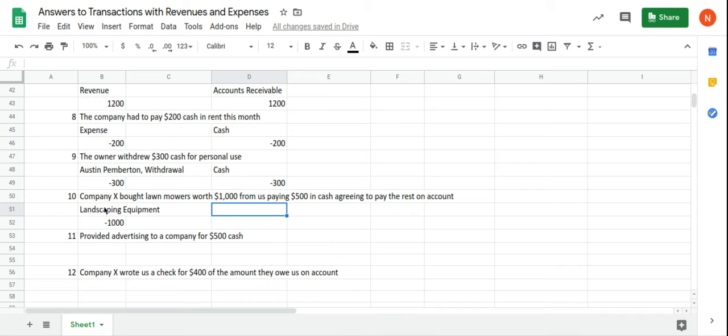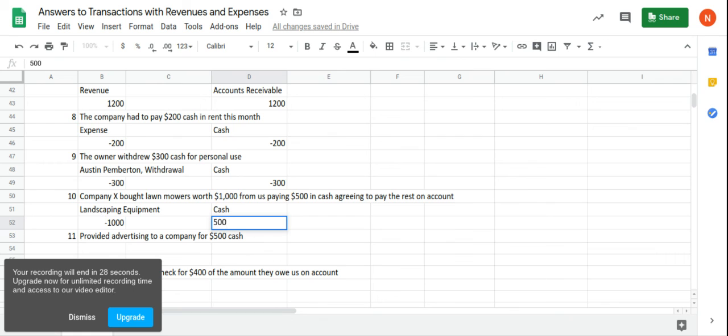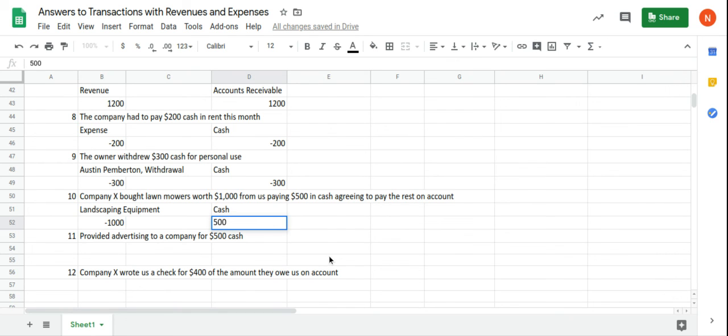Okay, so they paid us $500 in cash. If they paid us $500 in cash, we're receiving cash. We are going to be adding cash. So they agreed to pay the rest on account. So we sold $1,000 worth of landscaping equipment. We have $500 worth of cash that they gave us for it. Now they owe us $500. That's going to be accounts receivable because they now owe us $500. Obviously, $1,000